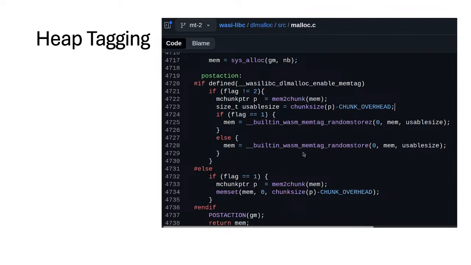Now, what about heap tagging? Heap tagging is basically when we allocate the memory: directly after we get the memory allocated in the malloc function, we call this built-in function. We just modify the Clang front end, right? The front end will give them a built-in, and it will translate into LLVM IR, then translate to the WebAssembly